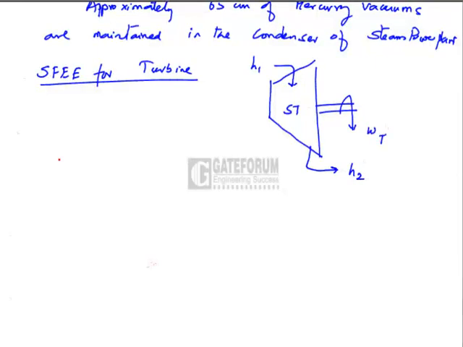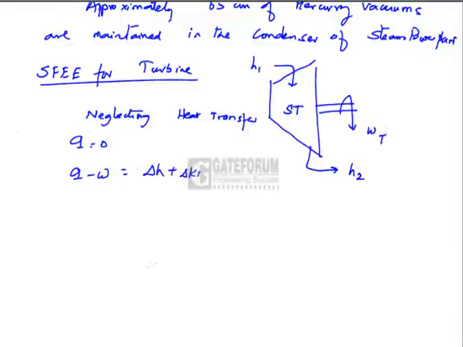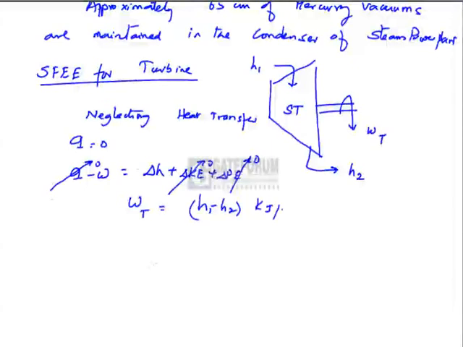Therefore, neglecting heat transfer, because heat is not rejected from the steam turbine to the surroundings, Q is 0. Therefore, Q minus W is equal to delta H plus delta KE plus delta PE, which is the steady flow energy equation. Neglecting KE and PE changes of steam in the turbine, the work output of the turbine is H1 minus H2 kilojoule per kg,